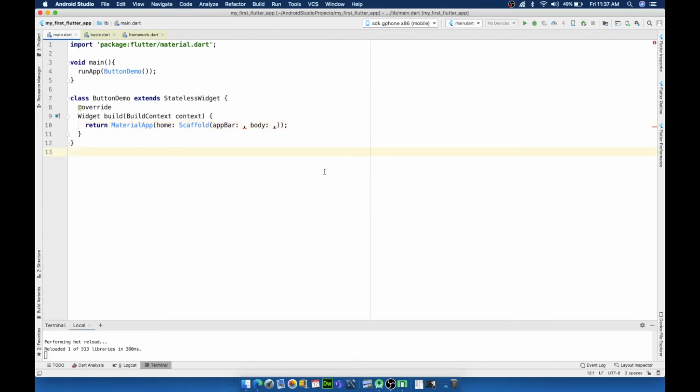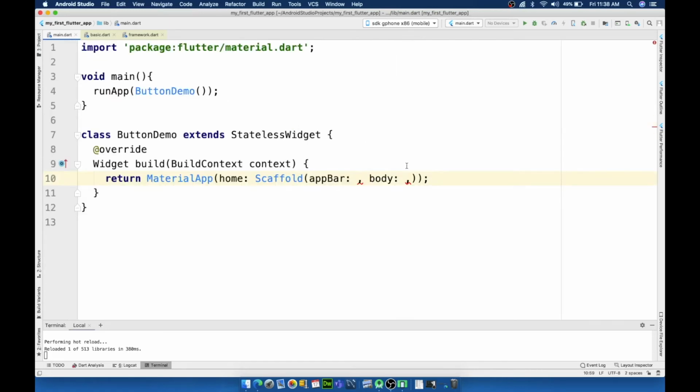Right? Guys, just look how this works. Material app itself is just one constructor. Since this is the one and only statement that I have, I am terminating this statement by a semicolon. Do you see a semicolon here? Let me just zoom it for you. Do you see a semicolon here?